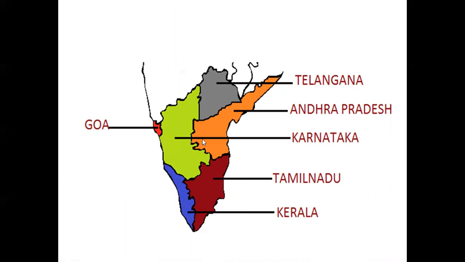You can follow my mouse. This orange color part is Andhra Pradesh. Actually, Andhra Pradesh was together with Telangana. Recently, Telangana was separated from Andhra Pradesh. So these are the states in South India. And this one,